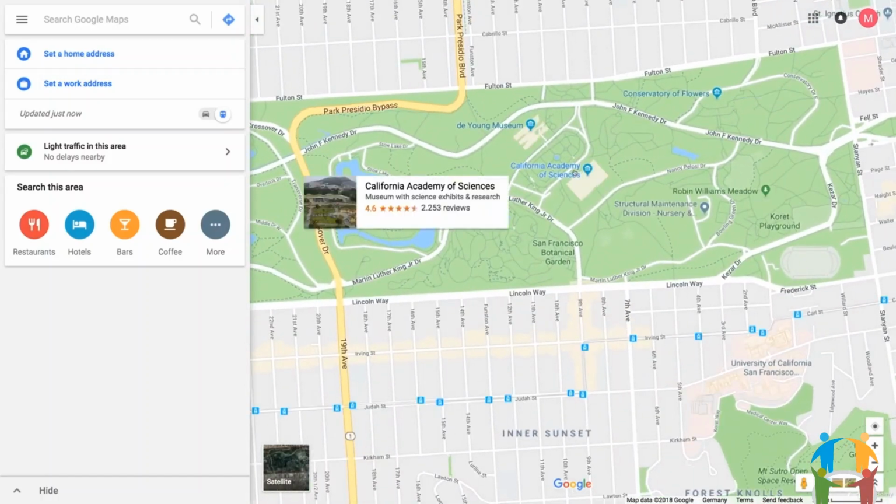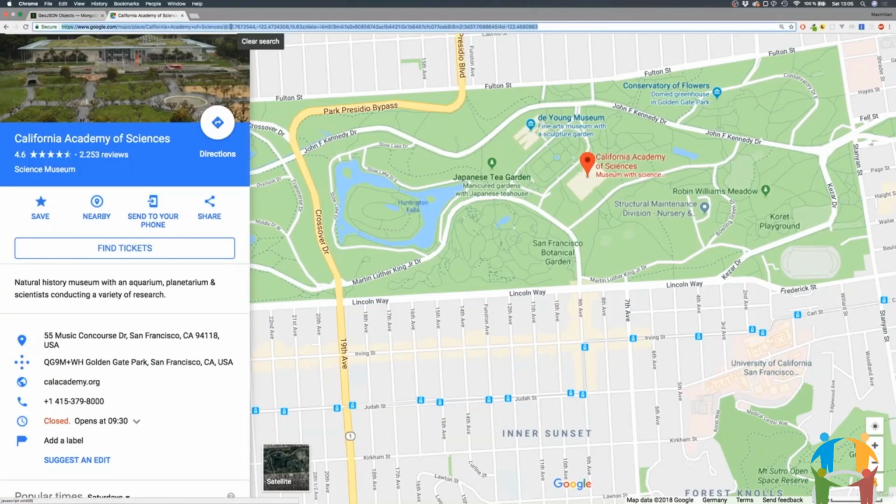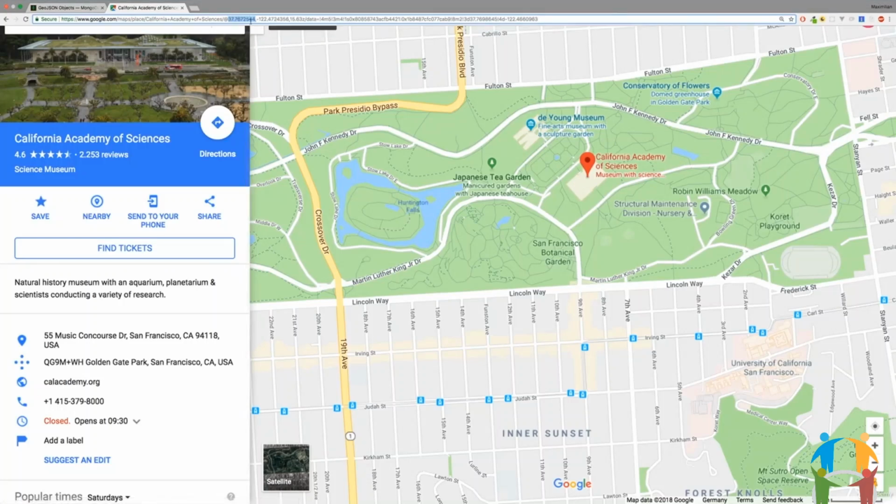Let's say we are going to pick some awesome places. Here, like the California Academy of Sciences. Now in Google Maps, if you click on a place, you can easily access the coordinates of that place from inside the URL. You will find them here. Now the important thing is that the first coordinate, until the first comma, is the latitude and the second one is the longitude, and you will need to remember that to store it correctly in MongoDB.